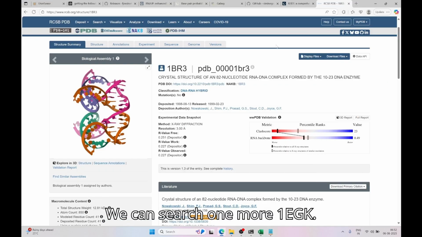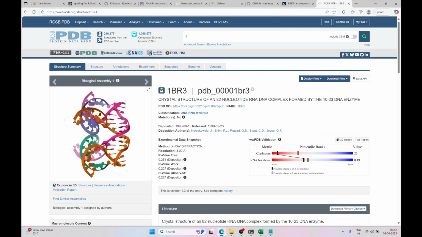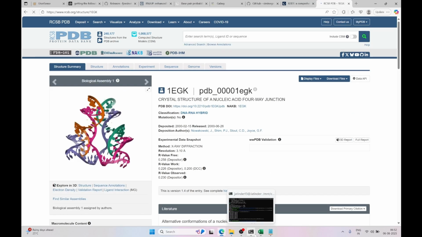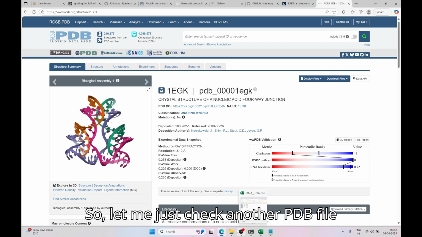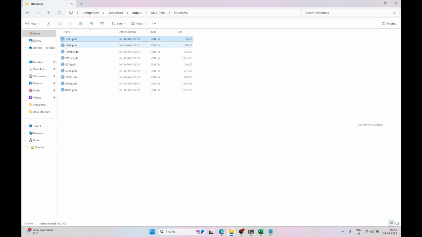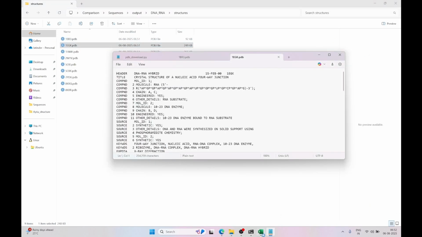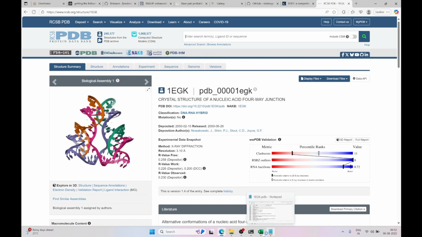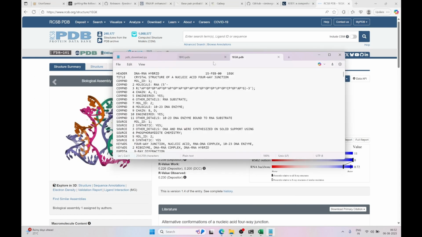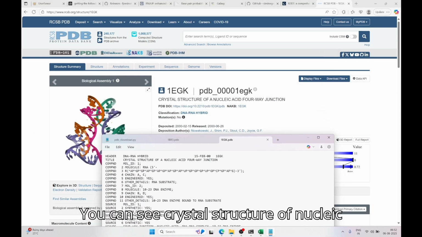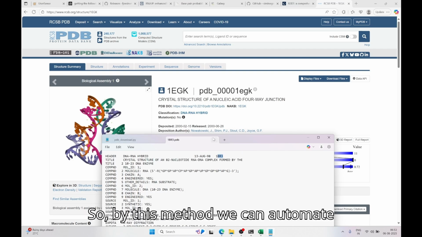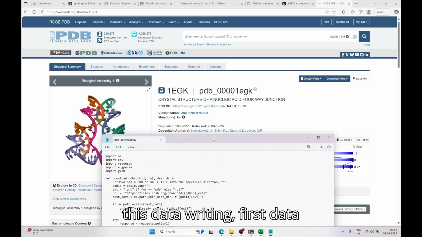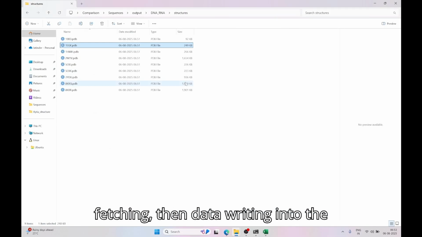We can search one more, 1EGK. So we'll just check another PDB file that we downloaded. You can see crystal structure of nucleic acid four-way junction. It's the same file. So by this method, we can automate this data writing, first data fetching, then data writing